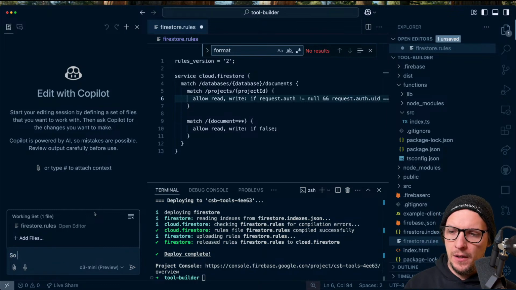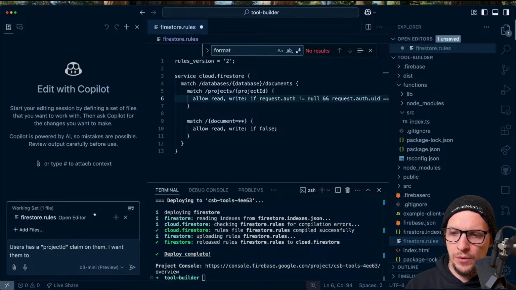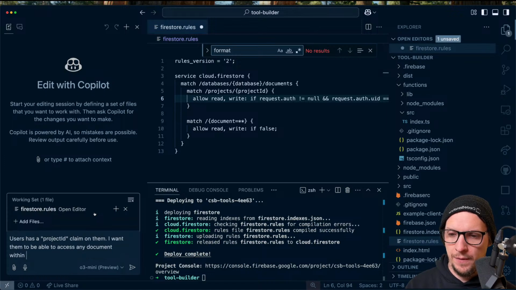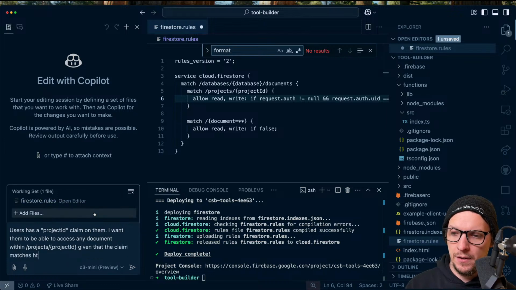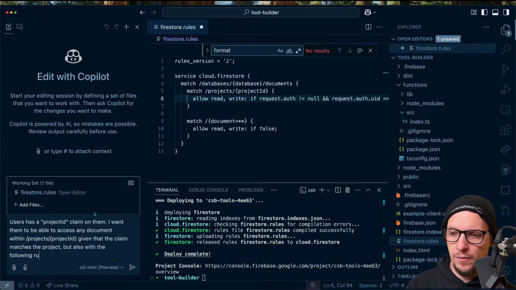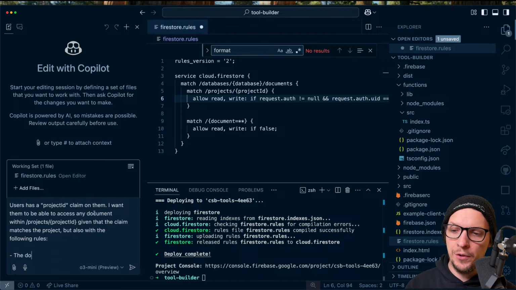So the user has a project ID claim on them. I want them to be able to access any document within project ID, given that the claim matches the project, but also with the following rules. The document,